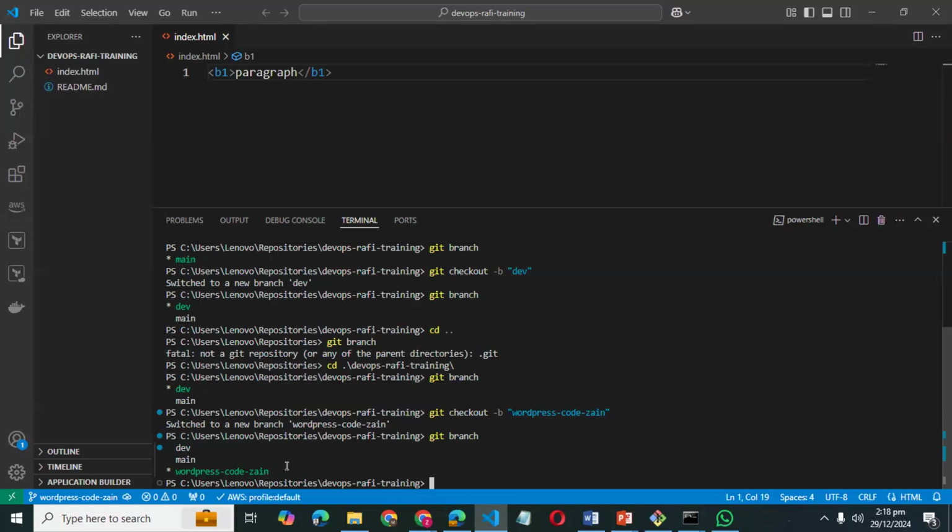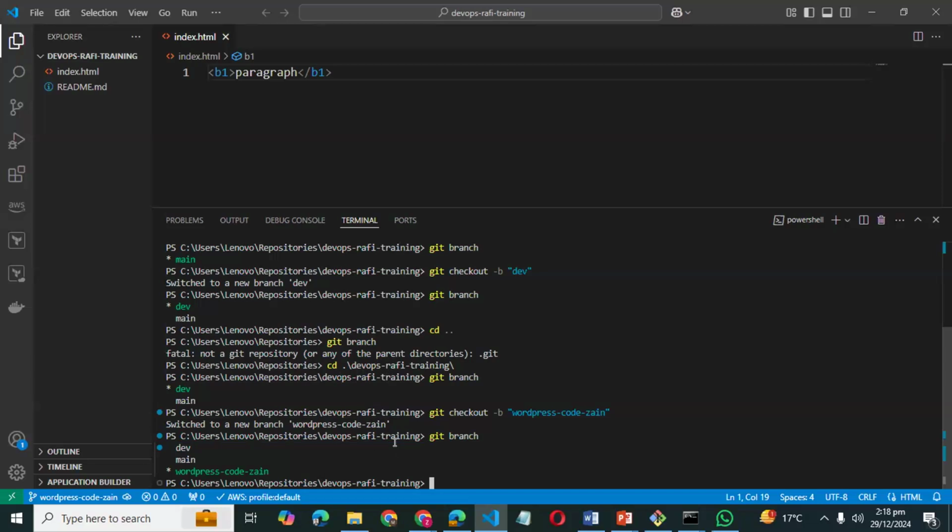Let's suppose if we are four developers, what we are going to do is first of all clone the same repository, the DevOps Traffic Training repository, in our local, right? And after that we are going to create the branches with our names, right? So let's suppose WordPress core Zain is created by me. You will create WordPress core graphy, right? So that's how we create the branches.